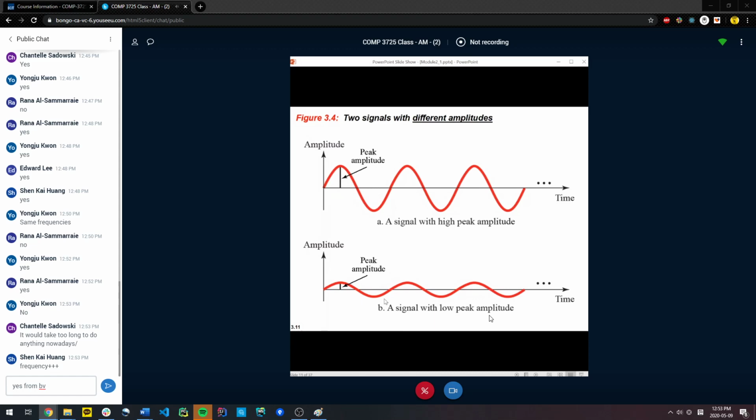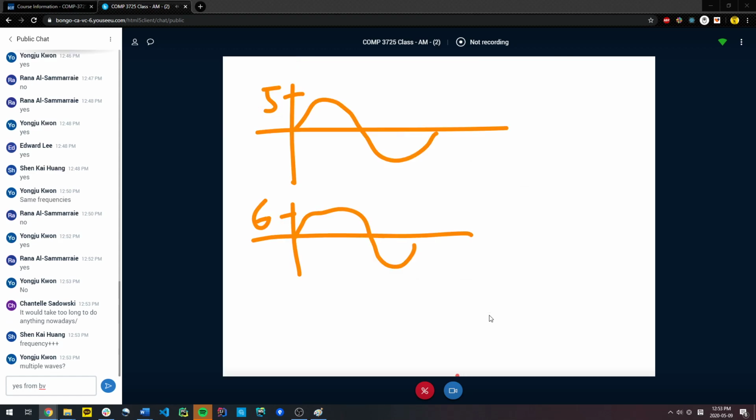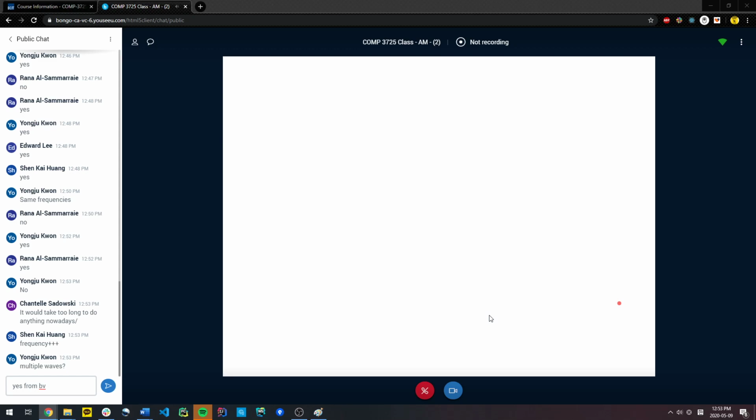And forget about frequency, forget about phase, just focus on amplitude. How can I transmit more bits at a time? Multiple ways, exactly. Let me show you that. Let me just move to the next slide here, and I'll show you what I mean by that. And then this will be analogous to the frequencies, to the chart, right?